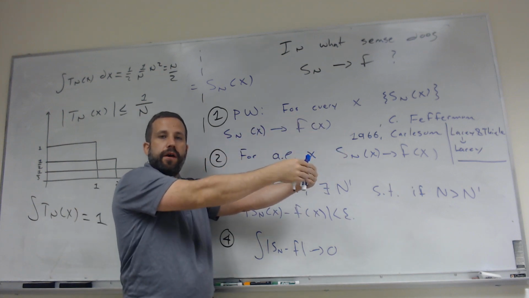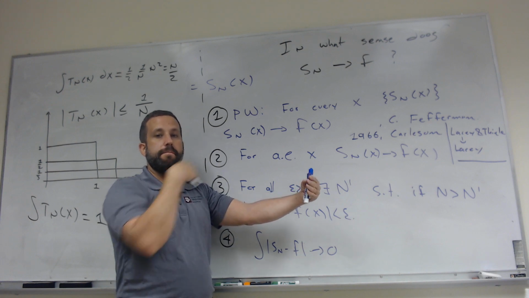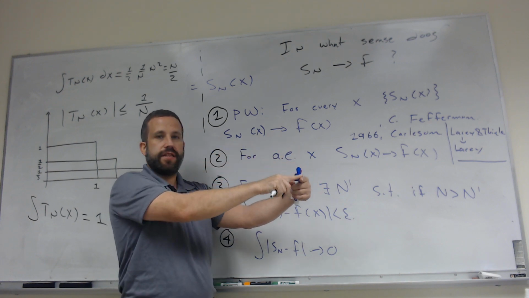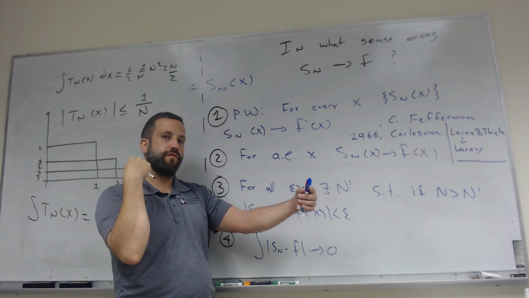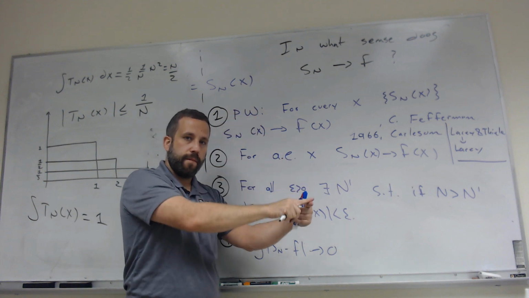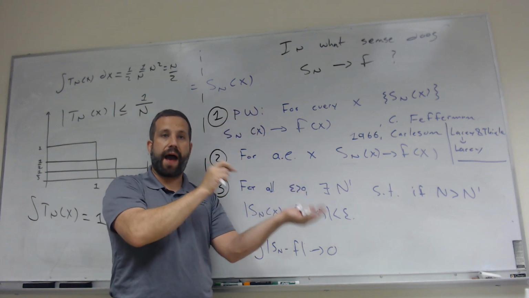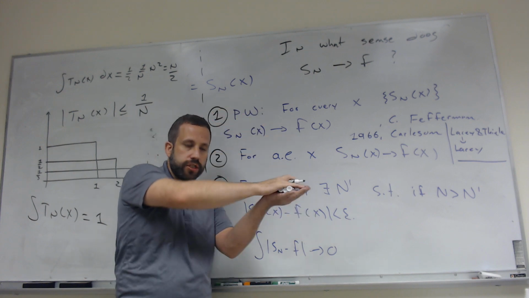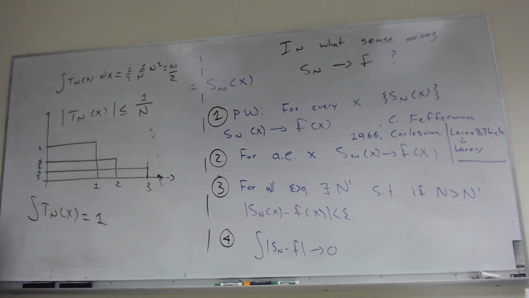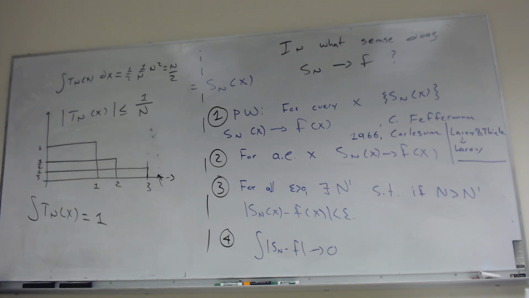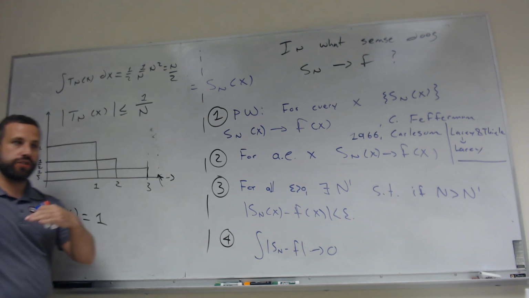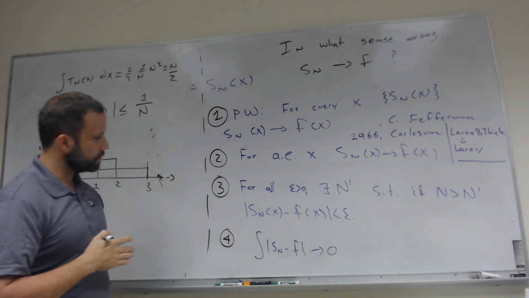Like if this is 1,000,000, once we get to say the 1,000,000th term of the sequence, the function there is going to go from 0 in the 1 million minus 1th function to being equal to 1 over a million at the millionth function, and it's never going to be 0 after that. It's going to slowly shrink down to 0. But the point is, this is true. And since this inequality is true for all values of x, we have uniformity. The right-hand side here doesn't depend on x. So here's an example of a sequence of functions that converges to 0 uniformly, but not in terms of integrals.